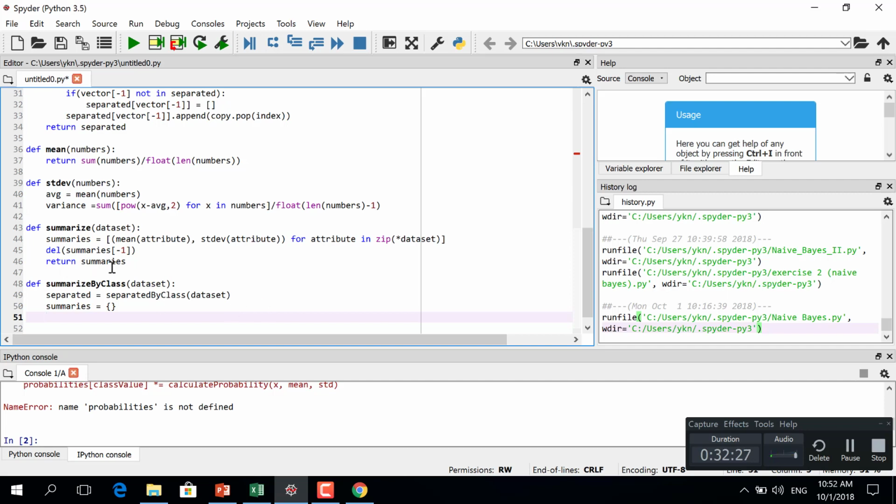So we have here the summary, and we look at the summary in this function, summarized by class, as a dictionary. So we will not go into other summary unless we change. It is not a summary, but maybe another definition. So now we have to